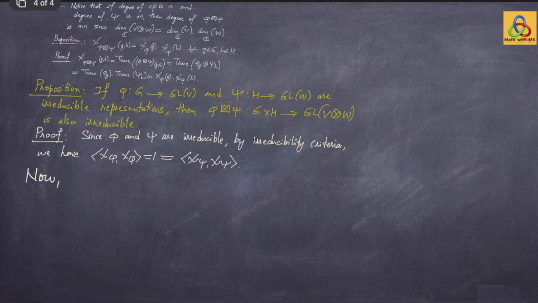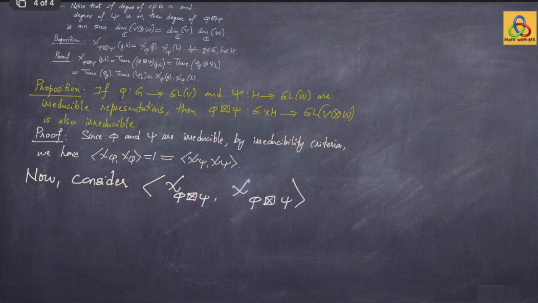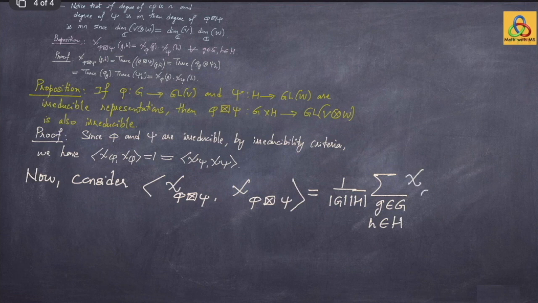Now again try to use the irreducibility criteria for the exterior tensor product. Consider the inner product of chi of phi exterior tensor psi with itself in the group algebra, which by definition is 1 by order of the group, which is order of G times order of H, summation over little g and little h belonging to G times H, equivalently little g belonging to G and little h belonging to H,